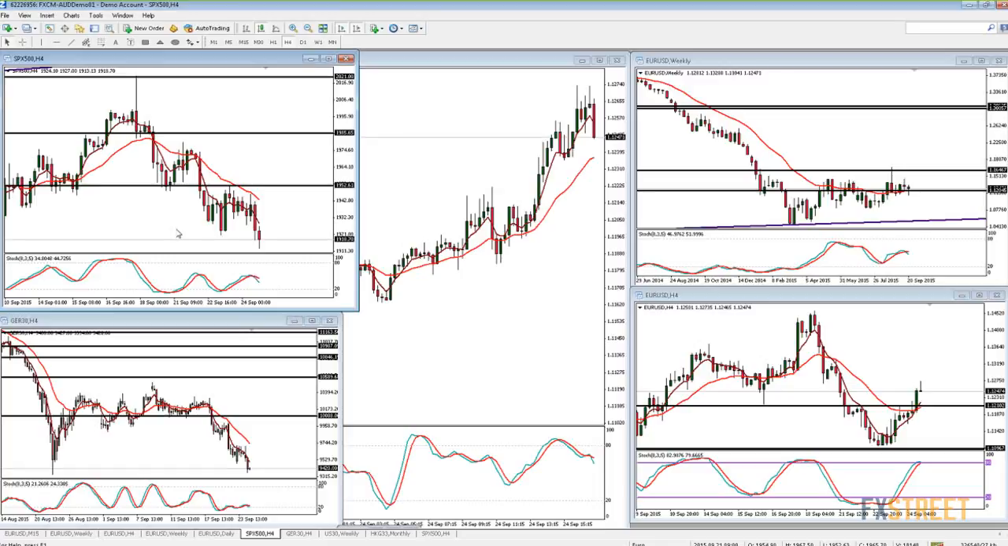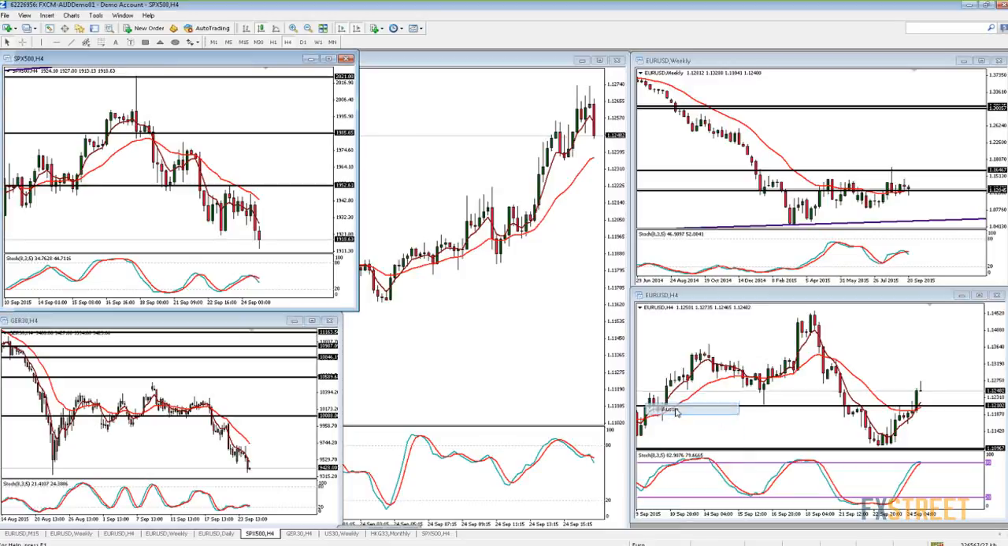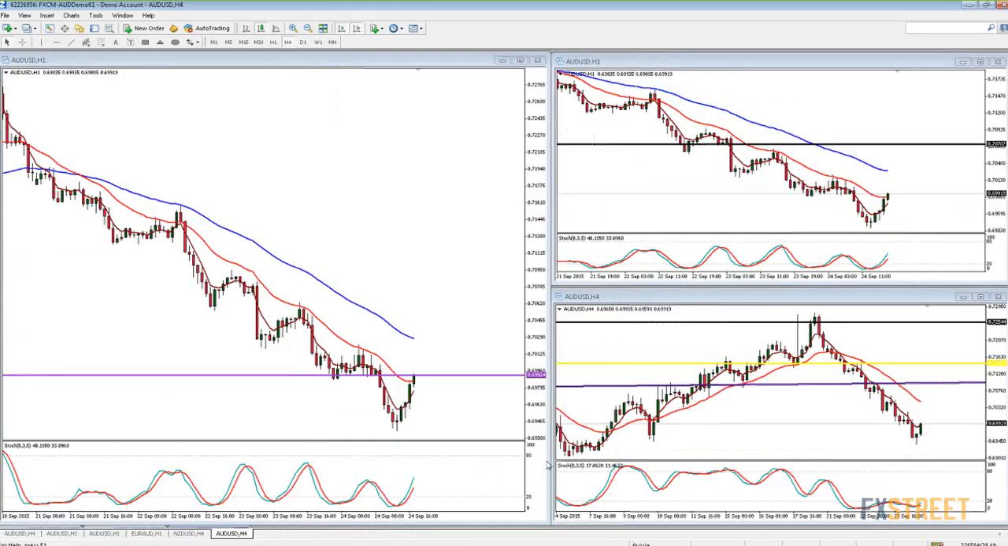All right, so let's talk about, let's move on to something else. So that's the pound. All right, let's move on to something that's arguably been in a trend. Let's look at the Australian dollar. Now,